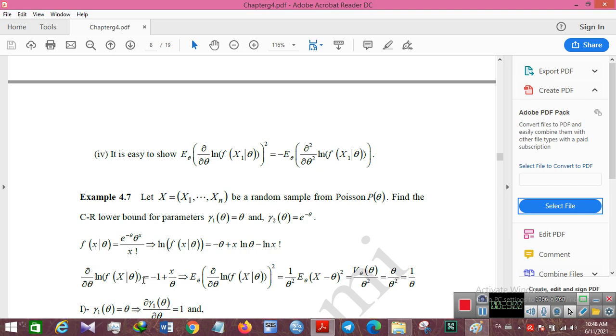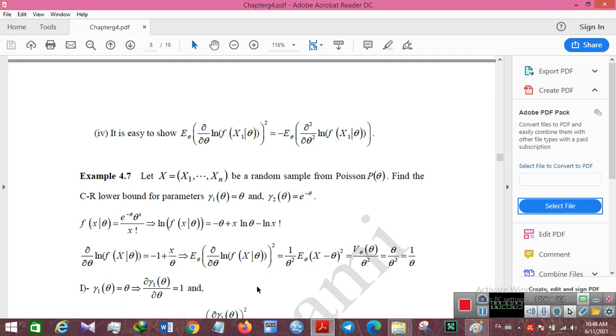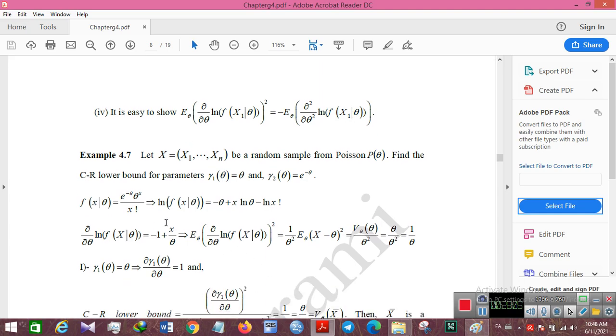We calculate the derivative and the expectation of that one squared. If you put it here, we can find that one, because the expectation of (X minus θ) squared is the variance of X, because X is an unbiased estimator of θ, and we can write that it is 1 over θ,